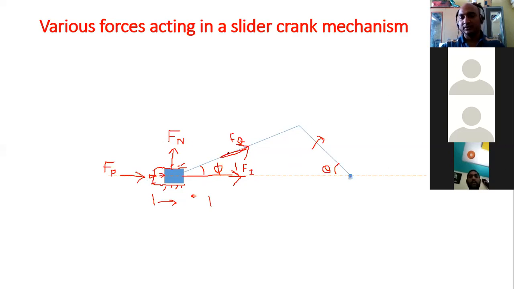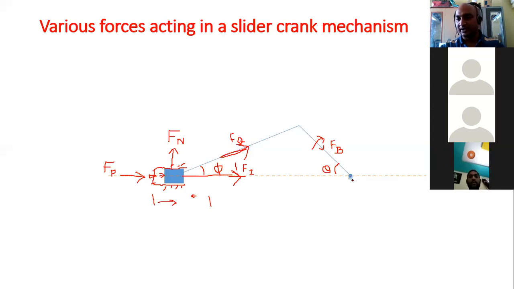Now this Fq is going along the connecting rod. When this Fq goes along the connecting rod, again some part of this Fq will go along the crank. Let us say that force is Fb. Why is the name Fb? Because we refer to it as the bearing force, since the bearing is there now. Some part of this Fq force will go along the crank, and that is your Fb, the force on the bearing. So the bearing has to take this force.